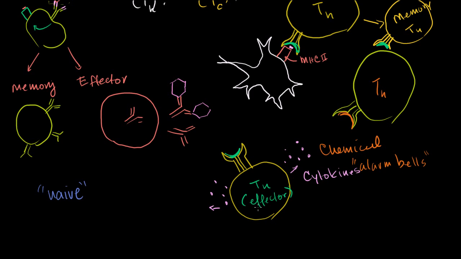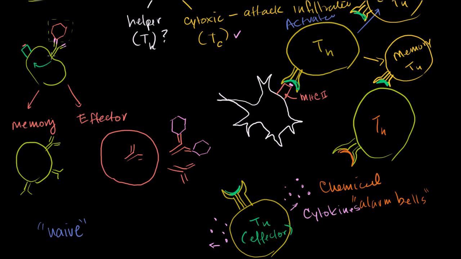So that's one role. And so you can see this is actually a very central role. It'll tell activated cytotoxic T cells to get in gear, which we haven't talked about yet, and it'll also tell B cells to keep proliferating. So when an activated B cell gets some of these cytokines that maybe come from a local helper T cell, it'll tell it, hey, divide more often, divide more often. Only if you've been activated already. And we'll talk more about why it has to be that case, because you don't want all the B cells to be activated.